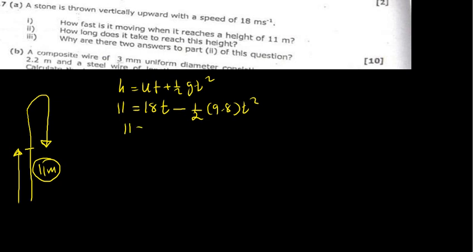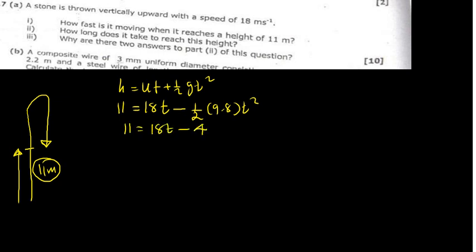Height is given by ut plus half gt squared. We want the time it will take to reach a height of 11 meters, and that is going to be equal to the initial speed. We know it's 18. We don't know the time. That's what we are looking for. But because we're going up, g is going to be negative. That's why I've put a negative there. 9.8 t squared, and this is going to give us 11 being equal to 18t minus half multiplied by 9.8,